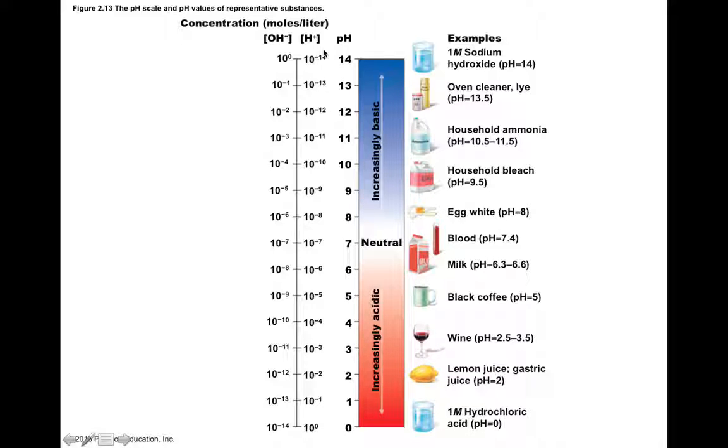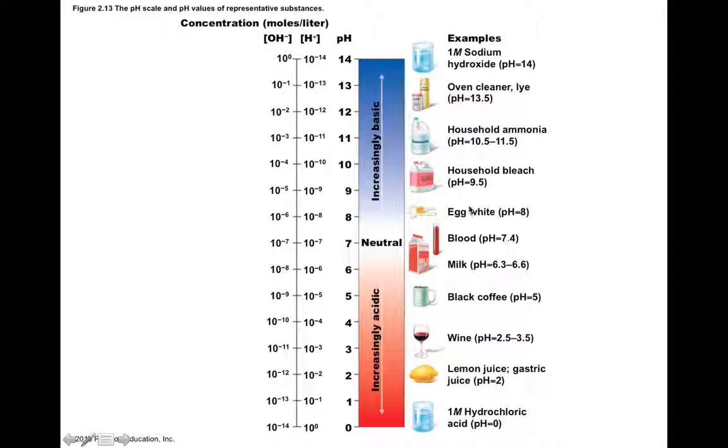And then in the opposite direction, pHs that are higher, so if you have a high pH, we're saying that it's more basic. It has an increasing basicity here, or alkalinity. In fact, solutions with a pH of 14 are pretty caustic. Like, you wouldn't want to spill 1 molar sodium hydroxide on your skin. This would burn your skin. And oven cleaner and lye would also burn your skin. Same on the opposite end here with the acidic end. Hydrochloric acid and lemon juice can also burn your tissues.